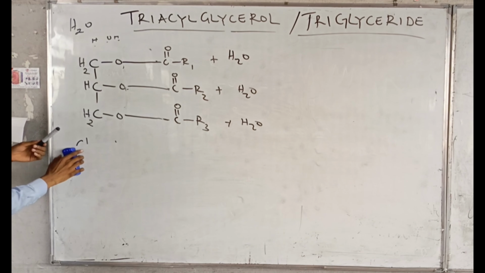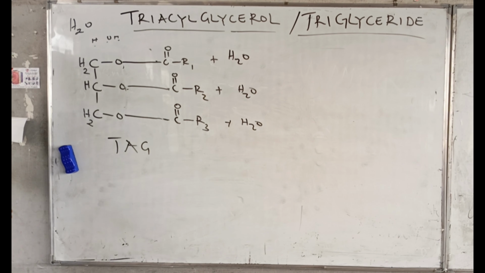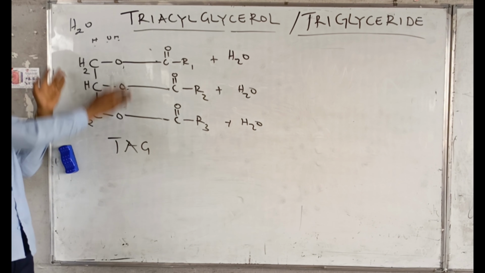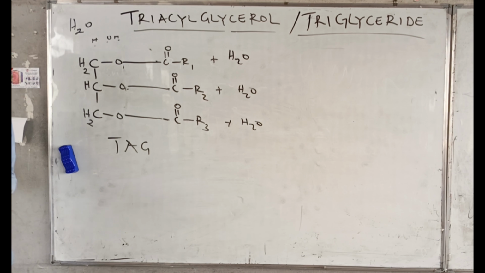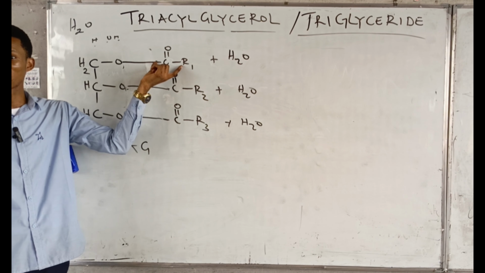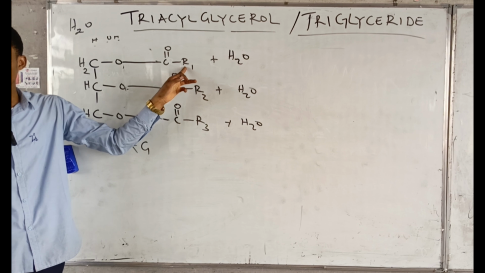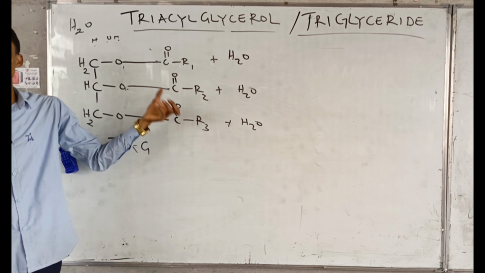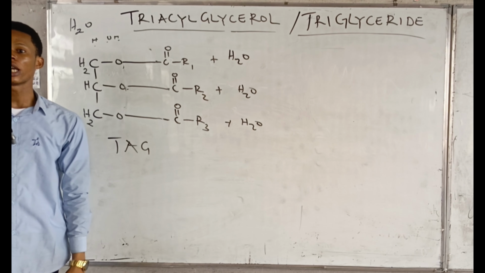So we now have the structure of what? Triacylglycerol, TAG. So you see that triacylglycerol, we are just having glycerol molecule with 3 fatty acids, right? 3 fatty acid molecule, triacylglycerol. Don't draw it. Now, remember we are just using, is this palmitic acid or stearic acid or what? You don't know, right? Because we are not showing the alkyl chain. Now, depending on the alkyl chain present, when we use the real fatty acid now, not the general formula, then you see that